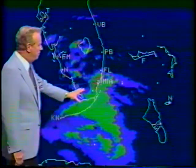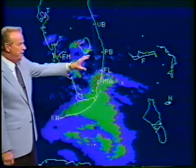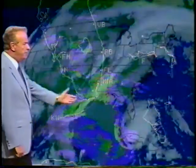Of course, area of heavy rainfall represented by the green coloration all the way down through the Keys and into the Straits, and then the upper bands of the storm will be moving across from east to west throughout most of the day. Here's the way the satellite...